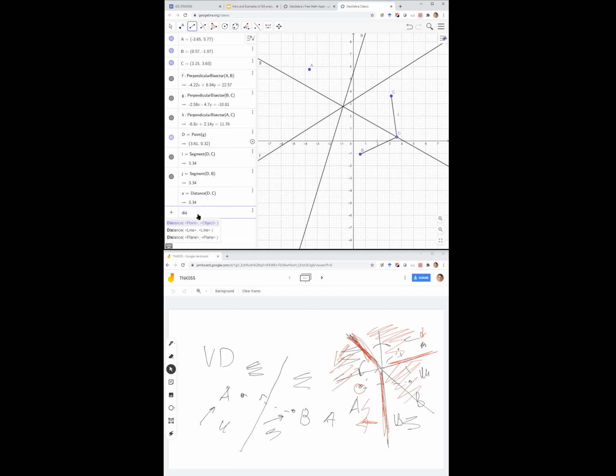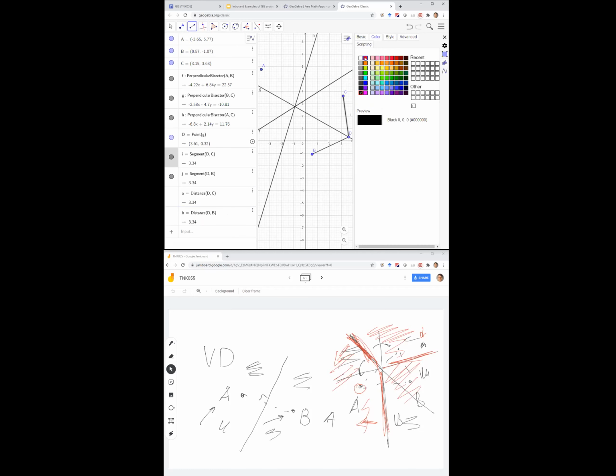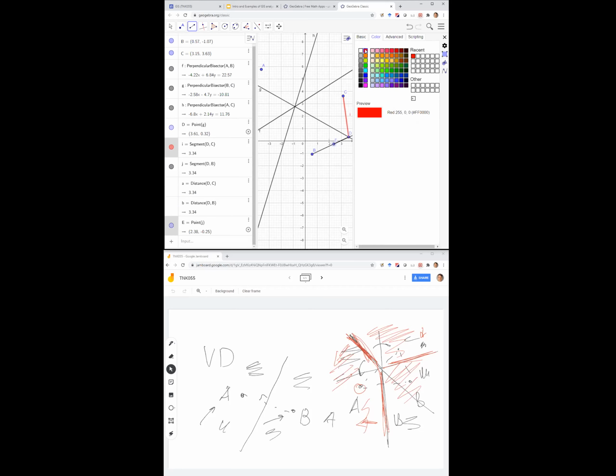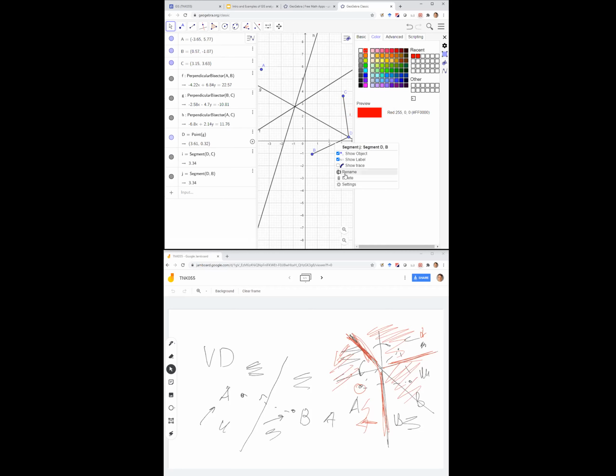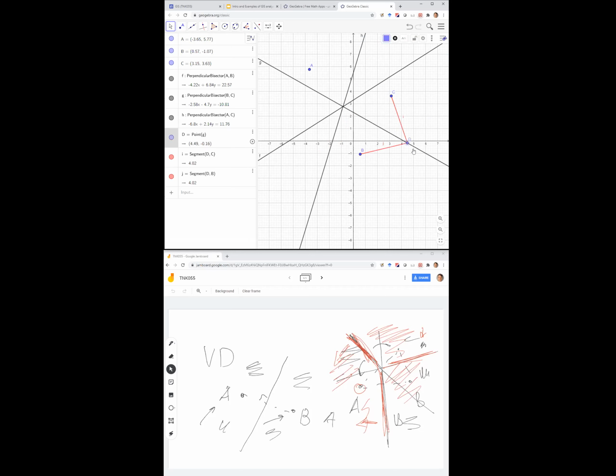And also you can see the distance between point D and point B. So these 2 distances, the 2 segments I just drew, maybe I should make them a different color. Make them red, and also this one red. Sorry, I wasn't very successful. I want to make this segment red, and this one red. Okay, so now I have 2 red segments, and now I can move this point.